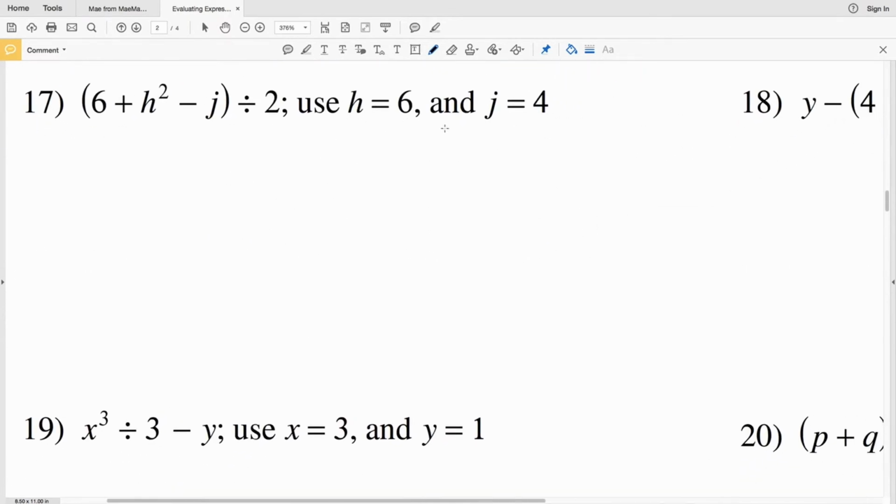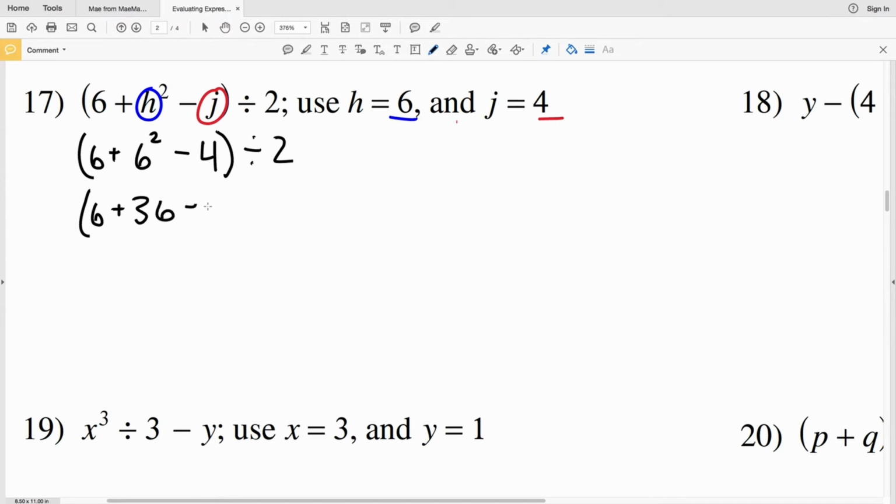17, we have the variables h and j. So for h, we're plugging in a 6, and for j, we're going to be plugging in a 4. That's going to give us 6 plus 6 squared minus 4, close the parenthesis, divided by 2. Remembering PEMDAS, the order of operations, within the parentheses we have to do the exponent first. So we're going to do 6 squared, and that'll give us 6 plus 6 squared is 36, minus 4